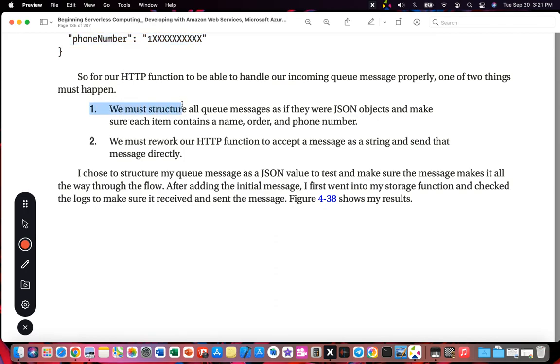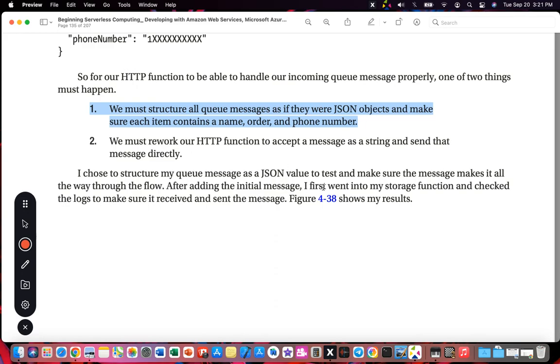Either we must structure all queue messages as JSON objects and make sure each item contains name, order, and phone number, or we must rework our HTTP function to accept messages as a string and send that message directly. I chose to structure my queue, so the first one,